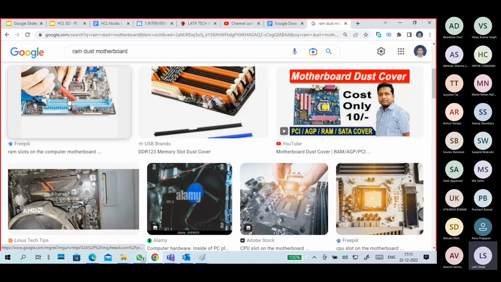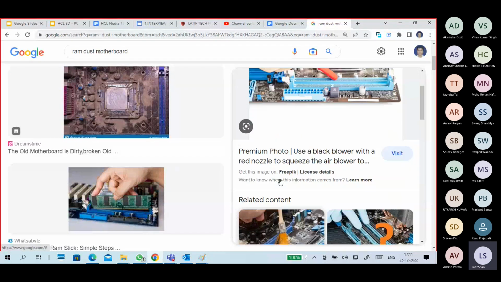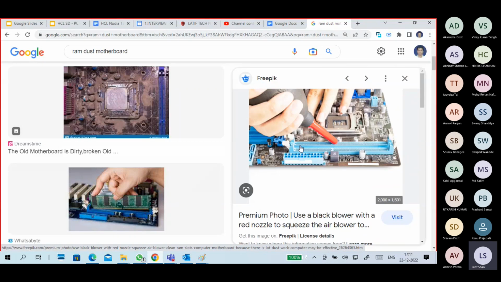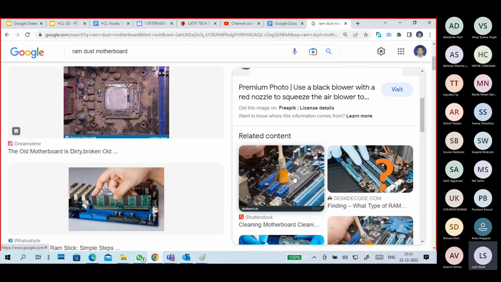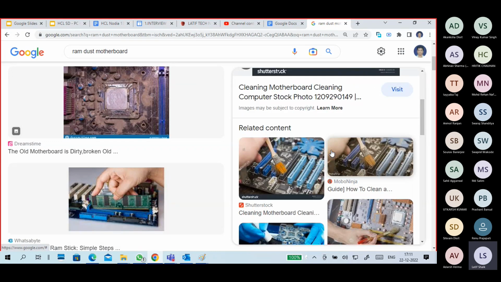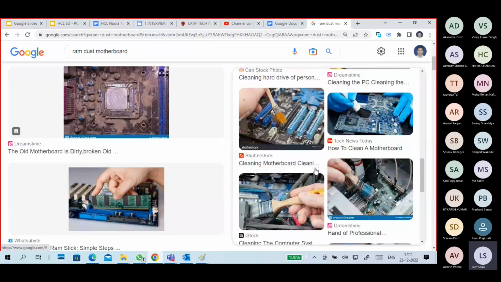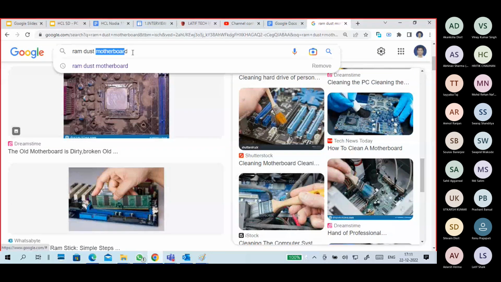Okay, dusty RAMs are there. So our RAM slots become dusty, and RAM edges also become dusty. So you have to blow out this dust, clean the dust with the brushes or a blower. Use that one. Okay, clean with the brush, and the RAM also we can clean